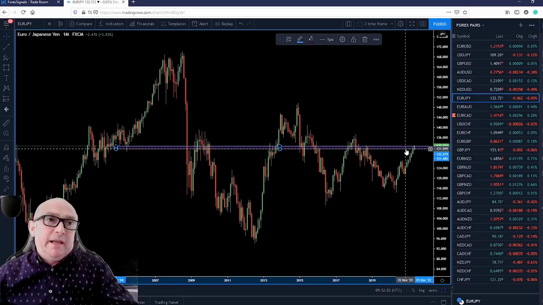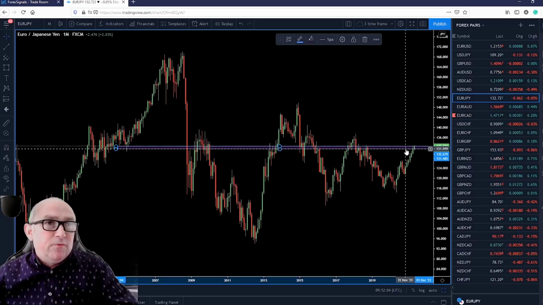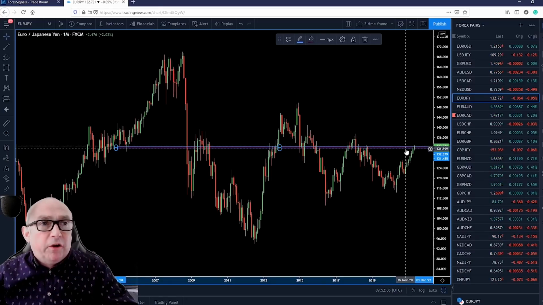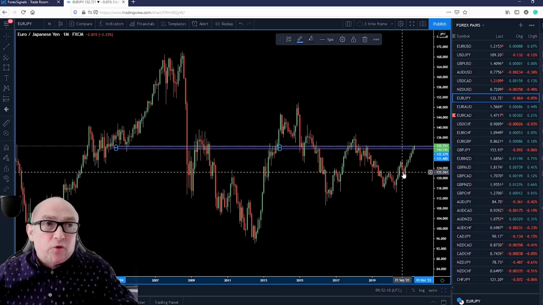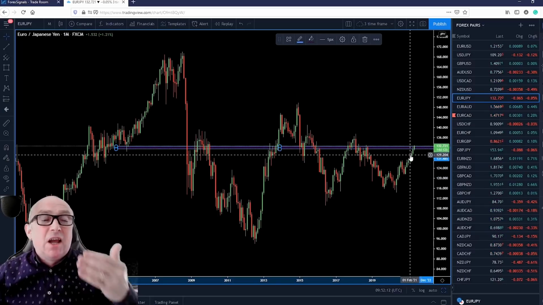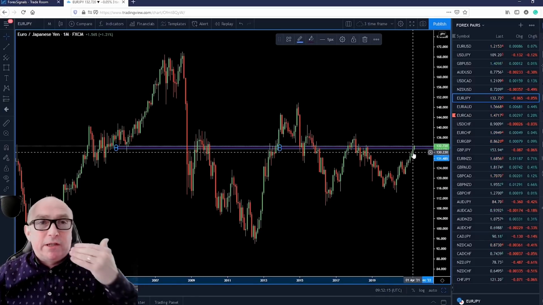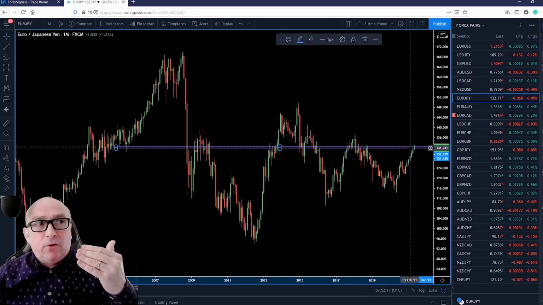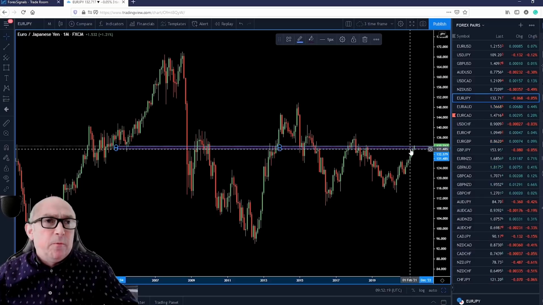We know that the Japanese yen has been a soft currency in recent times as markets have been on risk on. Euro has been running higher as well. You see pretty much we've got almost 7 candles there. That's 7 months where we've had bullish momentum in this currency pair. But we are coming into a level of resistance. So I've got my eyes on this for potential reversal.